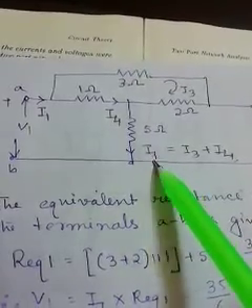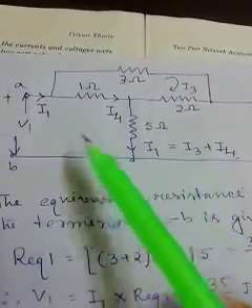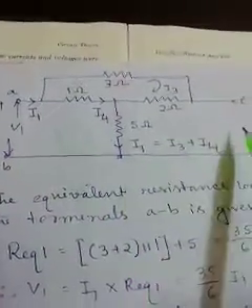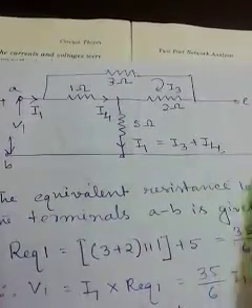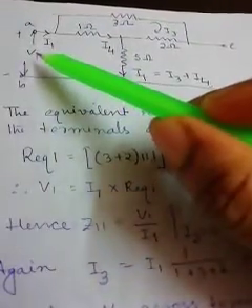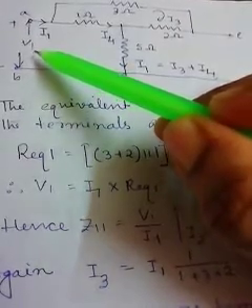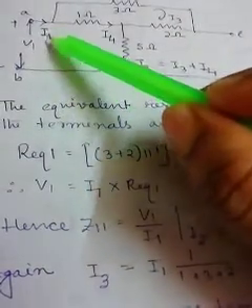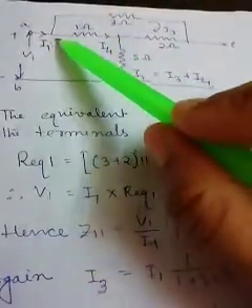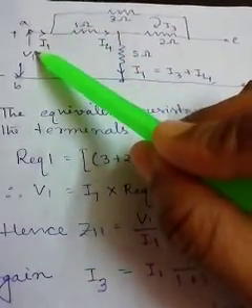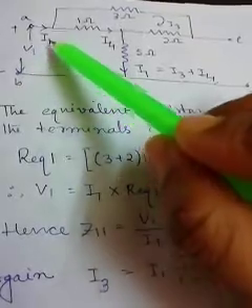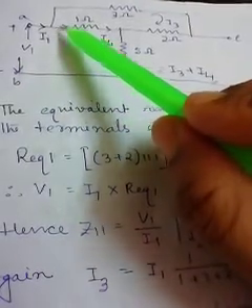In this problem our aim is to find Z11 and Z21, because we are setting the output port to 0, meaning opened. So again we have to calculate the R equivalent 1. From what we have discussed so far, we have understood that V1 should be equal to I1 into R equivalent 1. So the R equivalent 1 calculation gives us the value of Z11. So how do we get the value of R equivalent 1?